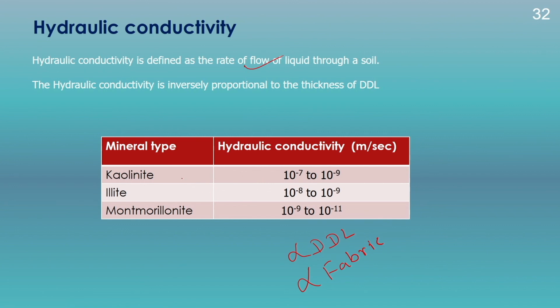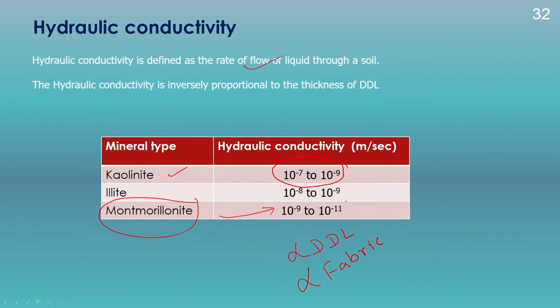Now, if we compare the hydraulic conductivity of different minerals, we could see here that kaolinite has a higher value of hydraulic conductivity, in the range of 10 to the power minus 7 to 10 to the power minus 9 meter per second, whereas montmorillonite will have the lowest value of hydraulic conductivity, in the range of 10 to the power minus 9 to 10 to the power minus 11 meter